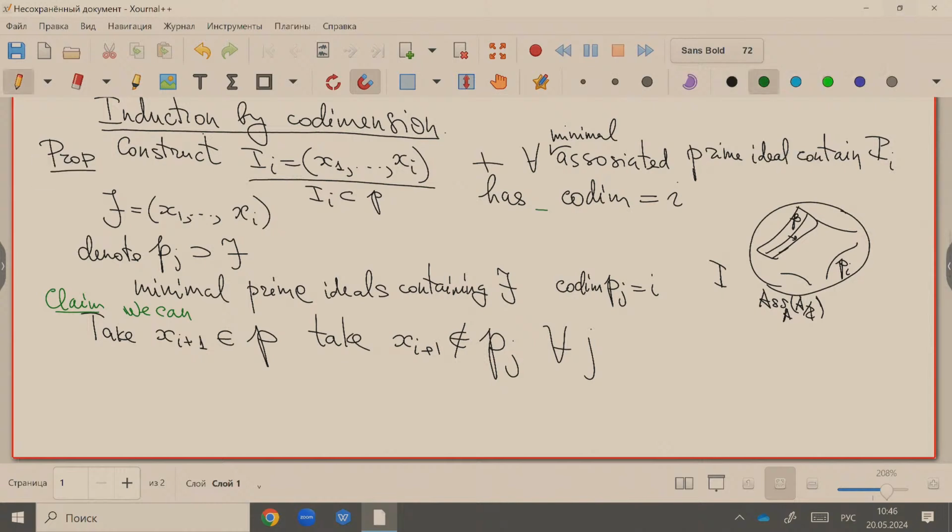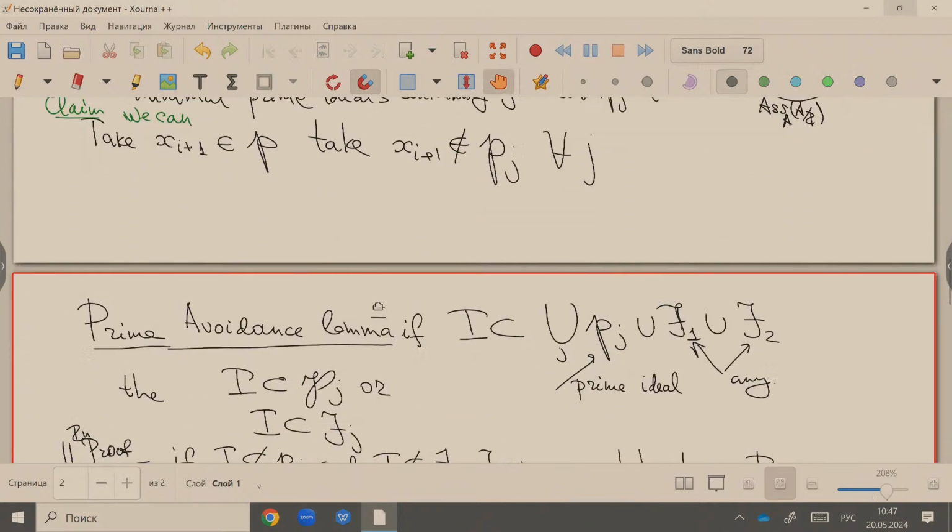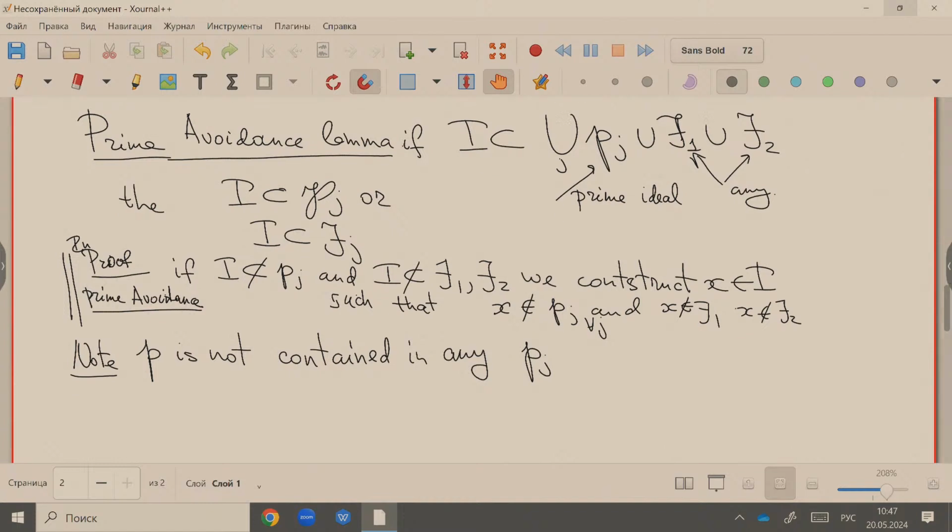We have the assumption that all associated prime components have codimension exactly I, and the codimension of P is bigger than I. So that means P is not one of them. So P is not contained in any Pj since